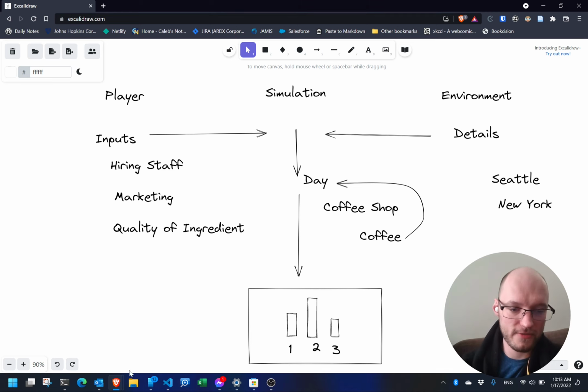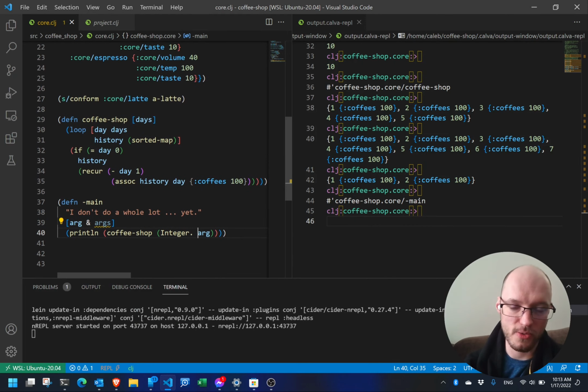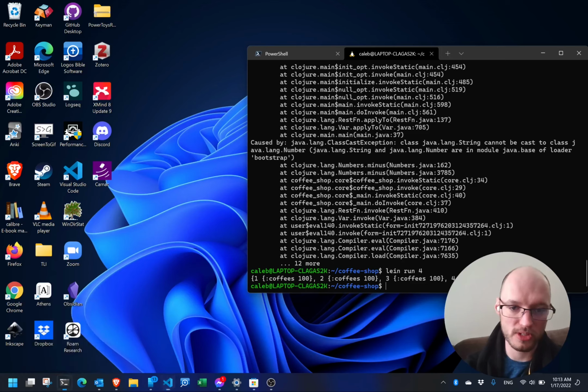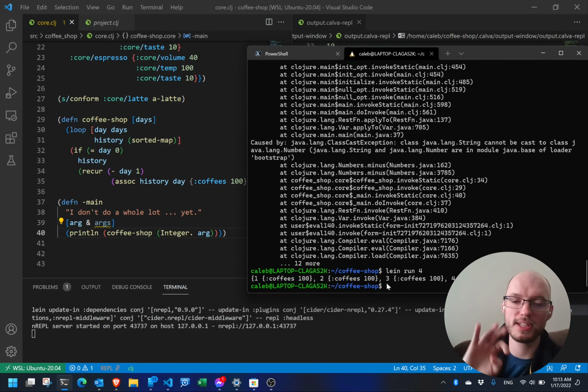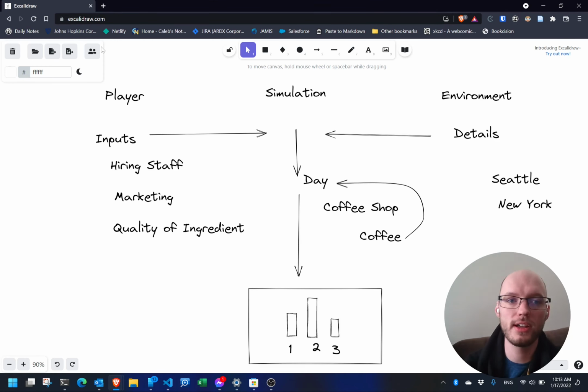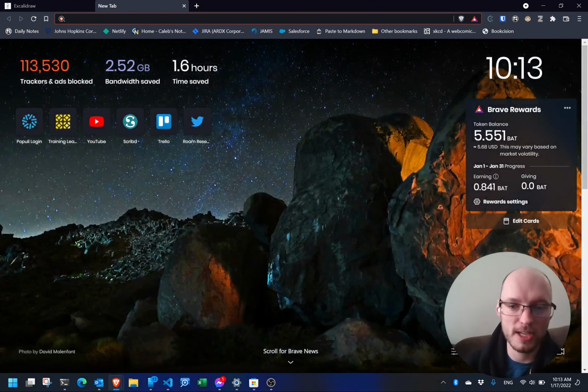But that's all I figured we'd tinker with today, is actually having a way for the program as a whole to be interacted with from something else. And right now I'm interacting with it using this lean command in Linux, but maybe in the future I could have it set up to where you open up a browser window. Okay. And you connect it to the coffee shop, and then it pops up and it's got a visual and